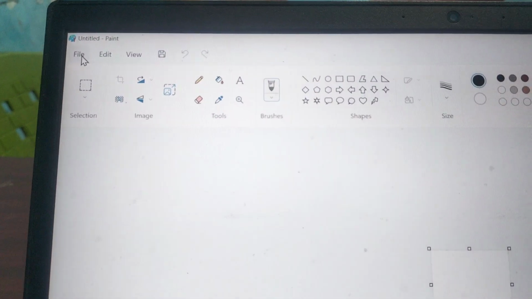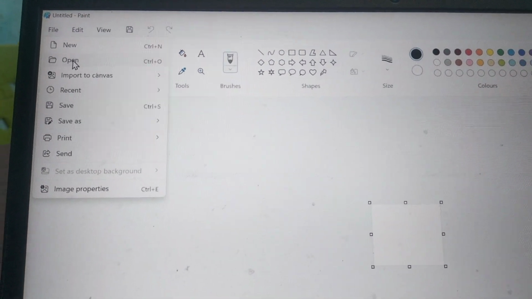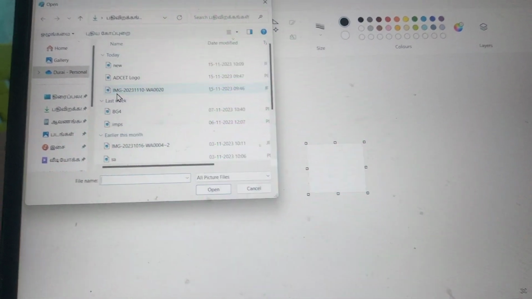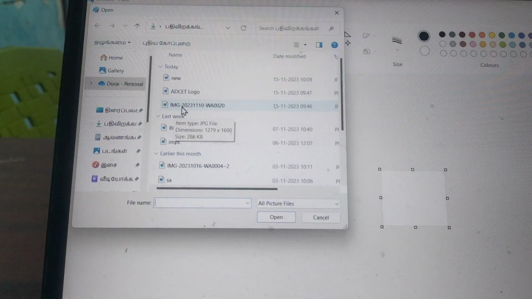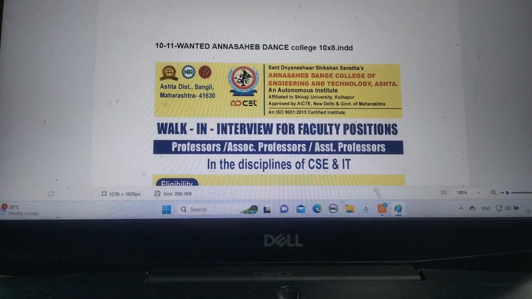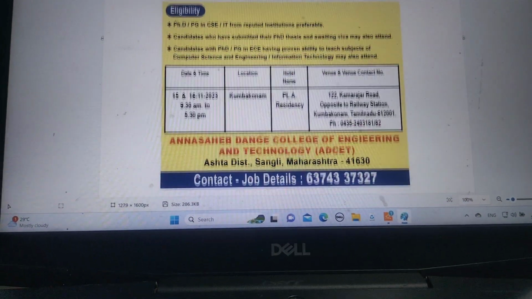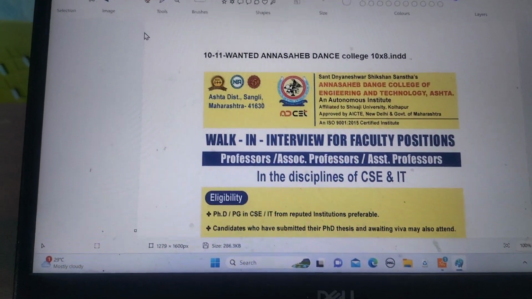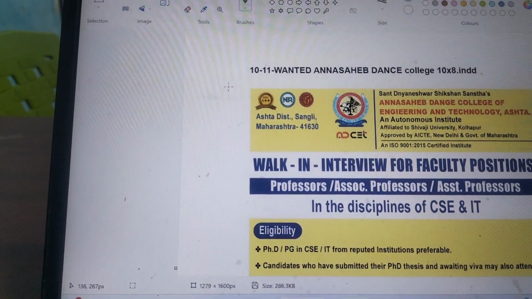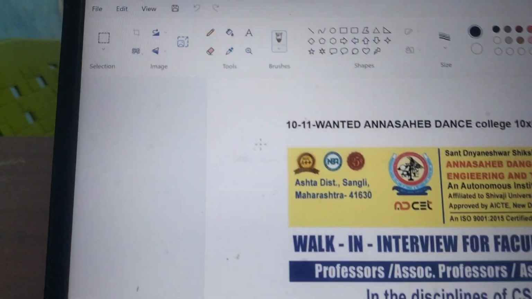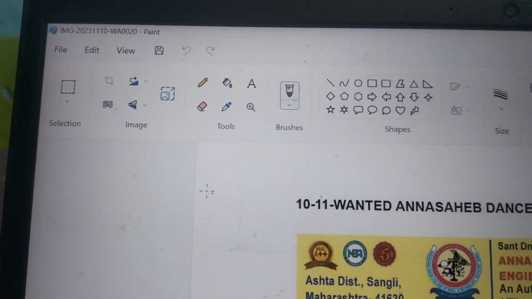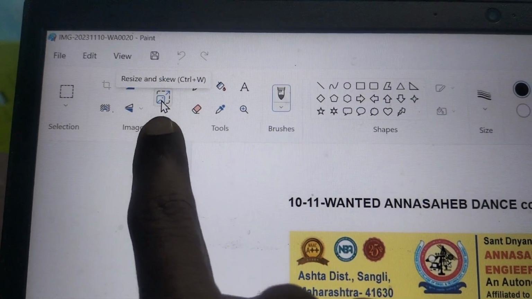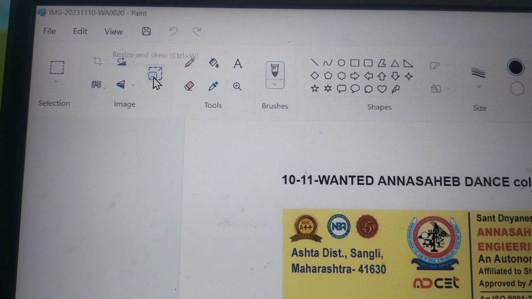For that, just go to File and then go to Open and select the desired file from your hard drive. Here I would like to select this file, and this is the image that I would like to change the size of. Okay, so to change the size, what you need to do is just click on the resize icon. Go to the top and here you will see the resize icon. This is the resize icon. Just click it